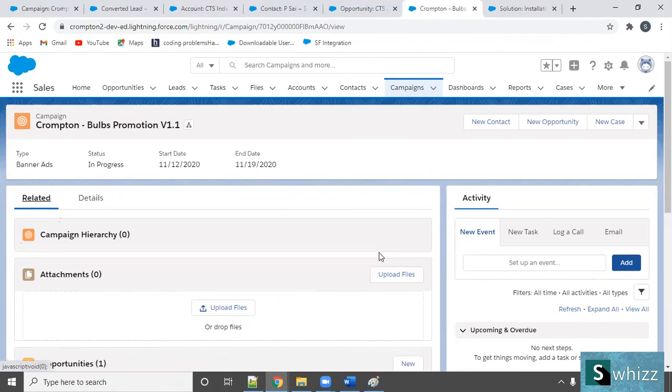See, data is the backend, right? Lightning and Classic are both user interfaces. For example, this laptop is data. I can view it with my specs, and I can also view it with my cooling glasses, right? Similarly, the data is common and you can view it from different views. Clear? So please try to create records from the Lightning experience as well as Classic.